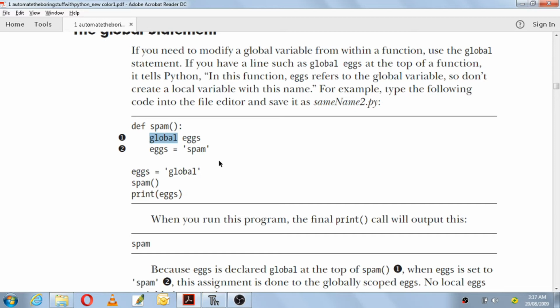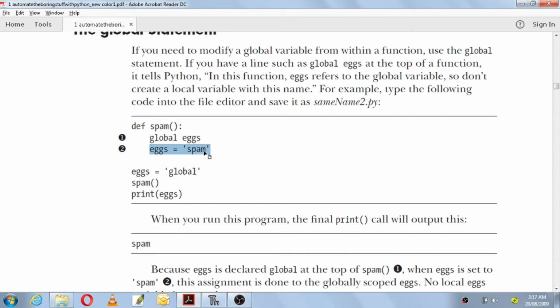If you want to modify a global variable inside a function, then you make use of the global statement for that variable. If you mention the global statement for that variable, it indicates that this is a variable which has been declared outside the function, and then you can later modify that variable, and that modification will be final for that variable.